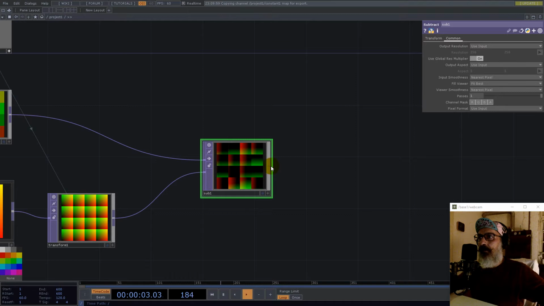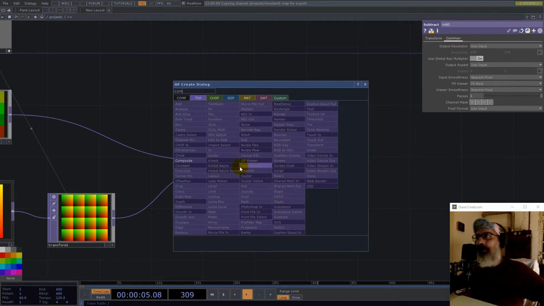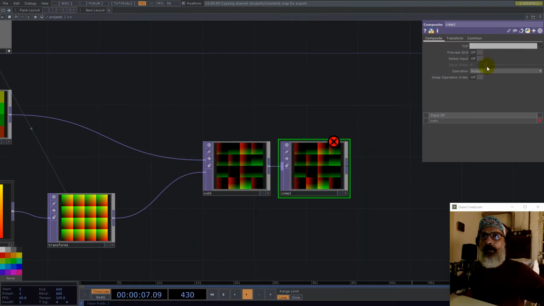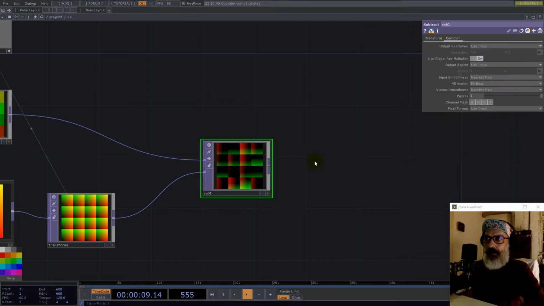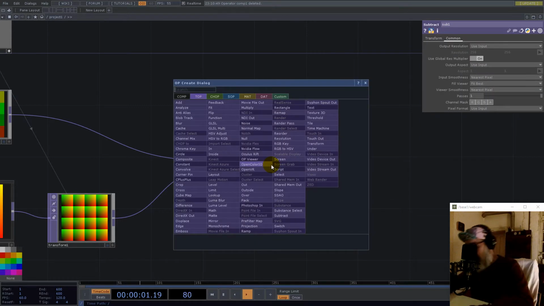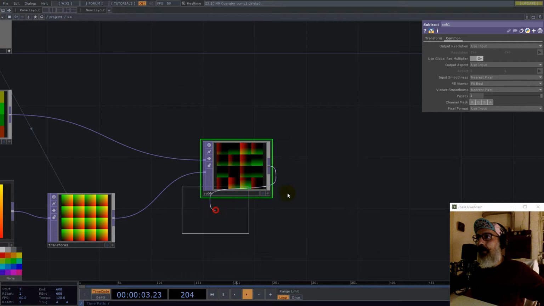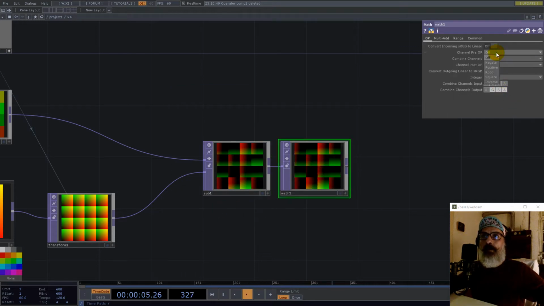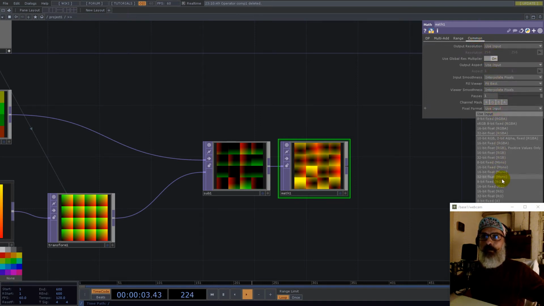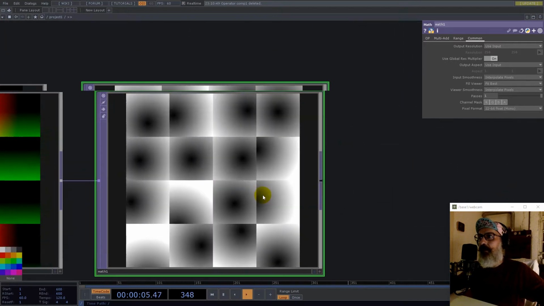And so now we can compute the length, not with composite, with mod. Okay, so we go square, add, root, mask the alpha and 32 mono. Okay, so we have those